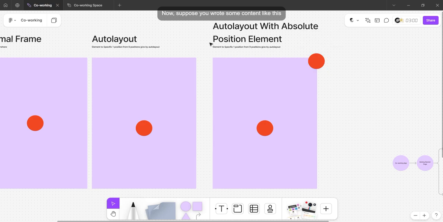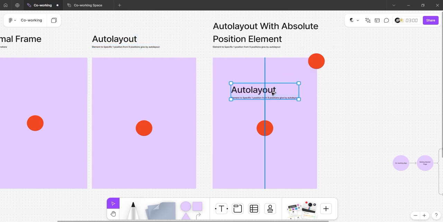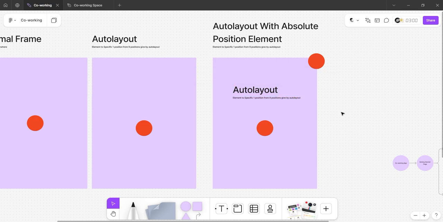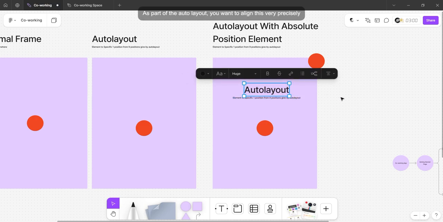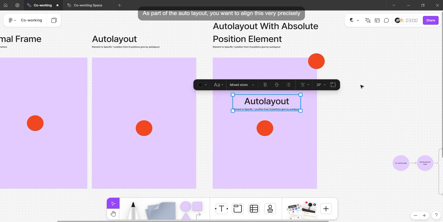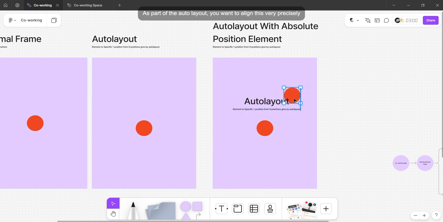Let's say you wrote some content like this inside it, and this is part of auto layout, and you want to align this like a highlight here. You want to make this design look beautiful by adding one element which you think can add a value,